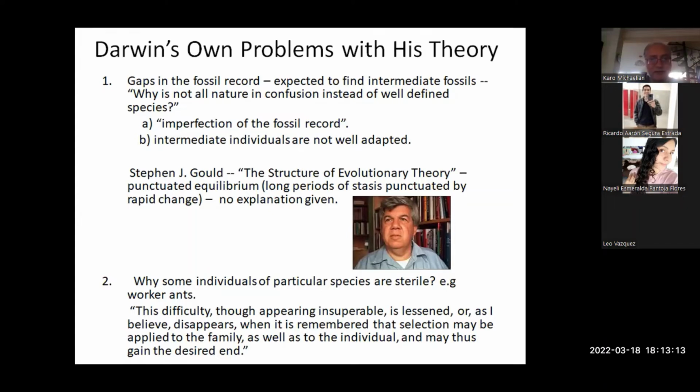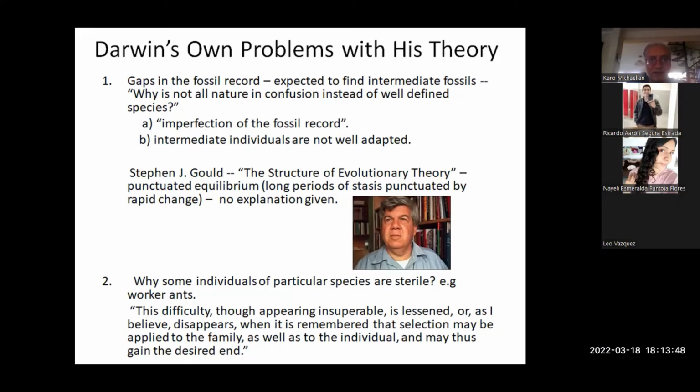And it wasn't until Stephen Jay Gould, who presented a book, a very nice book, if you ever have the chance to find it or to buy it. It's called The Structure of Evolutionary Theory by Stephen Jay Gould, who was considered a living legend. So in the US, they have this particular criteria which they apply to some very important researchers, which they call living legends. And he was considered a living legend, although he never won a Nobel Prize, Stephen Jay Gould.